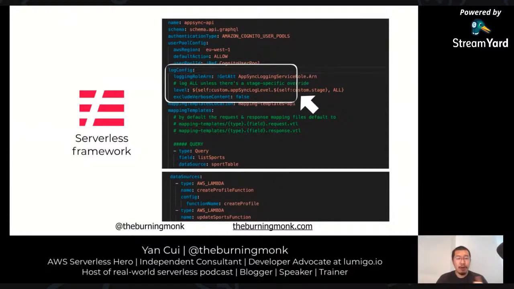And then I'm going to configure logging. So for production, I don't want to log everything because it's going to generate so many logs in CloudWatch, and that has got a cost associated with it for the amount of data CloudWatch logs process, but also for data retention as well. And then I will configure my resolvers and the data sources in the same file.